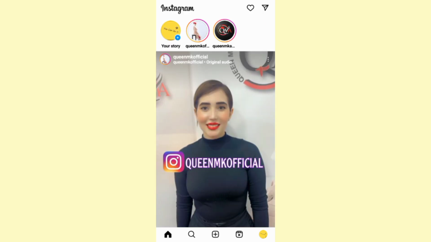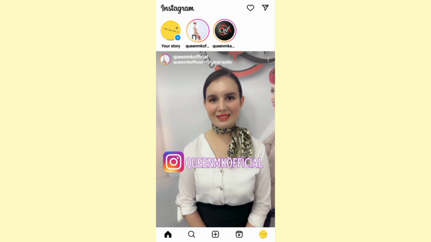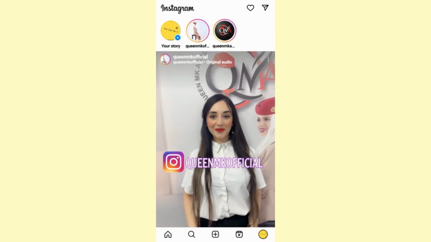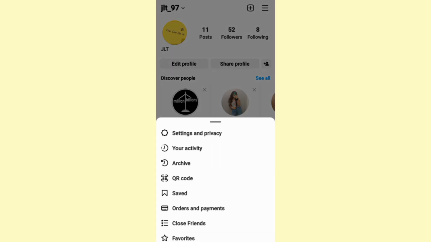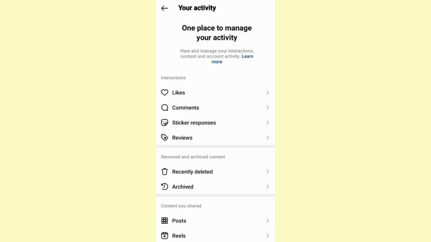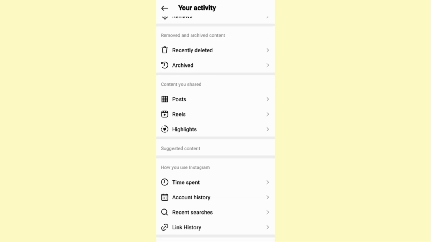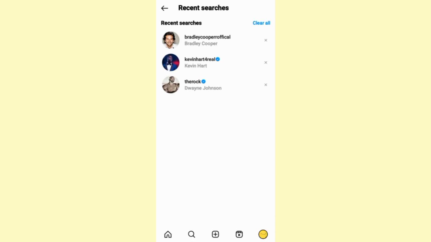So what you will need to do is, when you open up your Instagram app, you can simply click on the profile picture at the bottom right and then click on the three lines at the top right corner, and from the given list click on your activity. Once you are here, you will need to scroll down till you find a section that says how you use Instagram, this one right here, from which you want to click on recent searches,